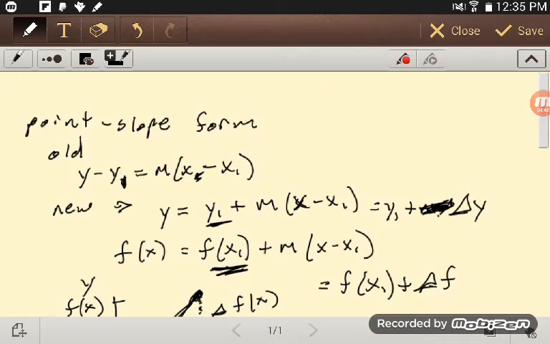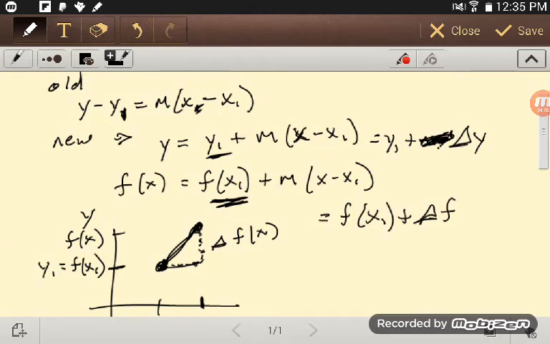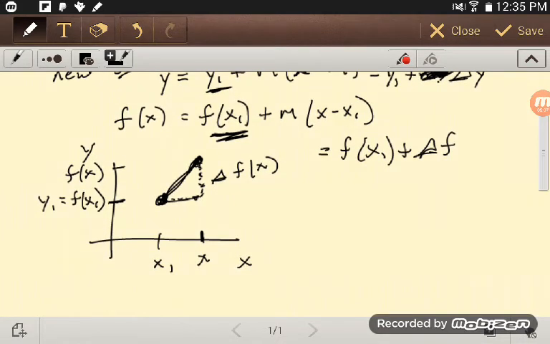I'll do either y equals y1 plus m times x minus x1, or I will do an f of x equals f of x1 plus m times x minus x1. And this change, I don't do it for no reason at all. Actually,